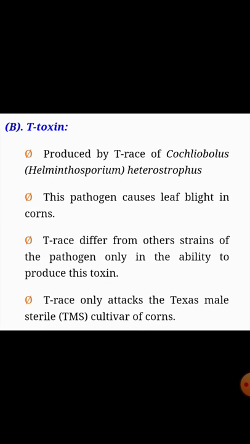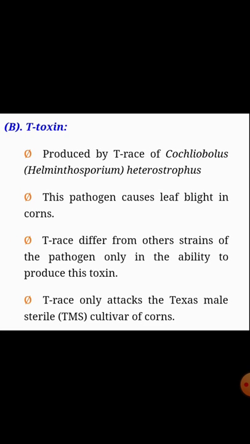In this plant mainly causes diseases. These toxins mainly cause disease in corn. T races differ from the other strains of the pathogen only in the ability to produce these toxins. T races or T toxins only attack the Texas male sterile cultivars of corn only, as we discussed in the